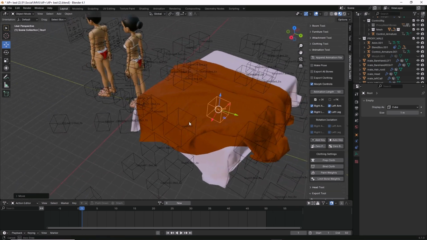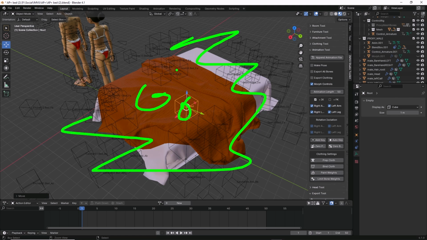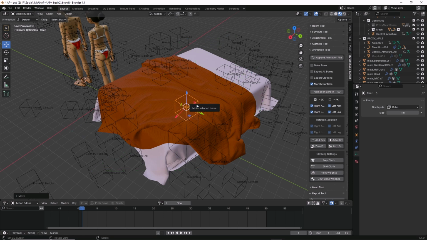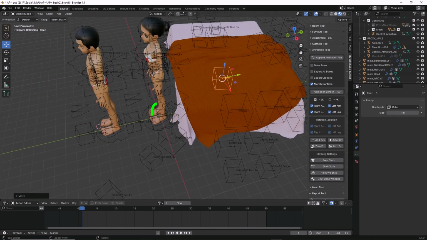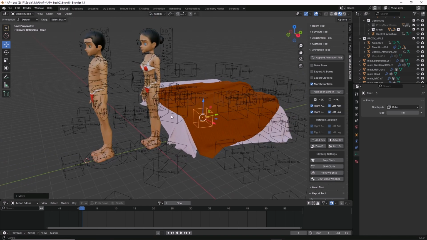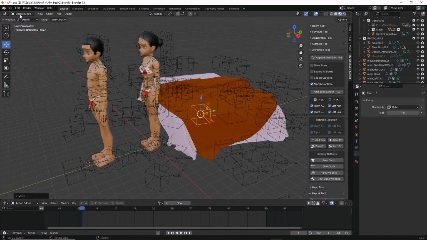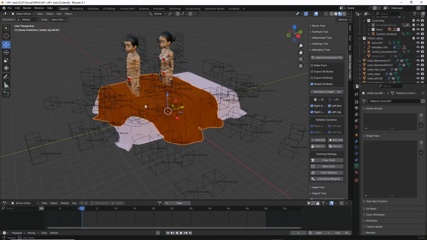So when everything is joined together so that the root is the parent object of all the other elements of the furniture item, so the meshes and the nodes, we use the root node as our control object to position the seat nodes relative to grid center. So that's the first way we can do this. The second way, let's just reset all of that. So the second way we can do this